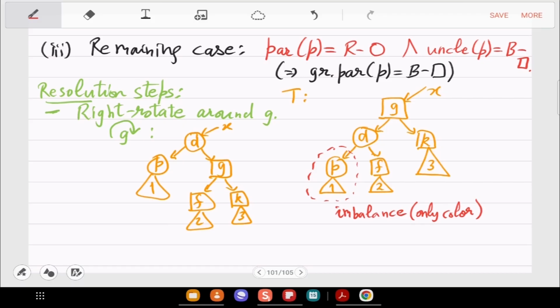What about P side? P side, G is gone, as G is not an ancestor anymore, so height has reduced. And anyways, there is a problem of red D having a red P as child, right? So this is all unstable here. So there is an imbalance of both color and height. So let me say imbalances. Okay, so it has both the imbalances.